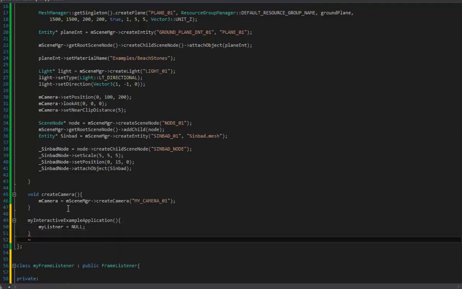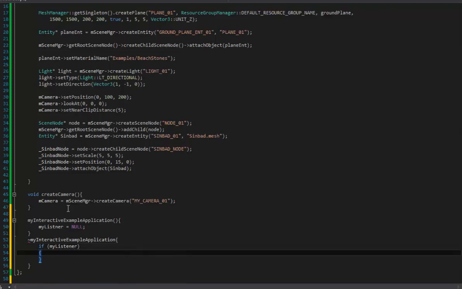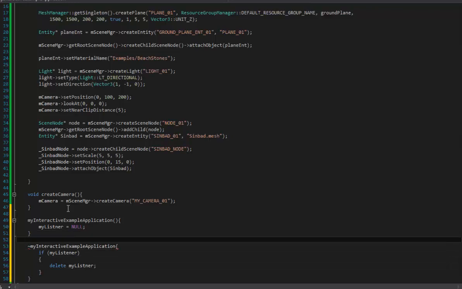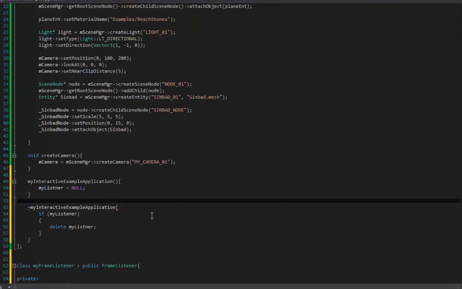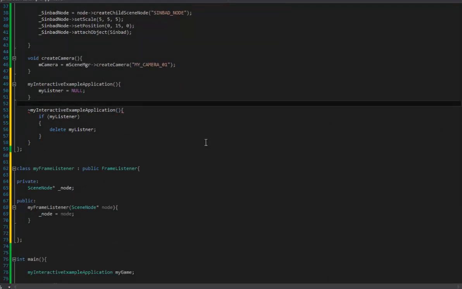And then a destructor for my interactive example, that if my listener existed, then it's going to delete my listener. So I created a constructor and a destructor for it. Obviously, I forgot the parentheses. Now that I have